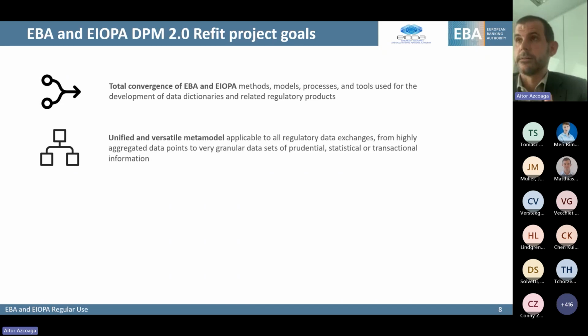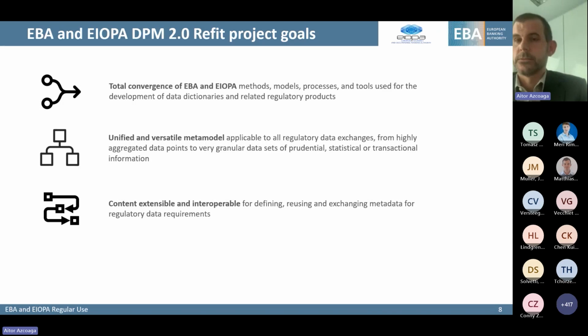And when we started this three-to-four-year-long journey, since the very beginning, we did it also with the cooperation of the ECB, who were also providing their inputs on statistical reporting. And not only was the project itself mainly EBA and EIOPA, but we have also cooperated recently with the ECB on these areas of covering, for example, statistical.